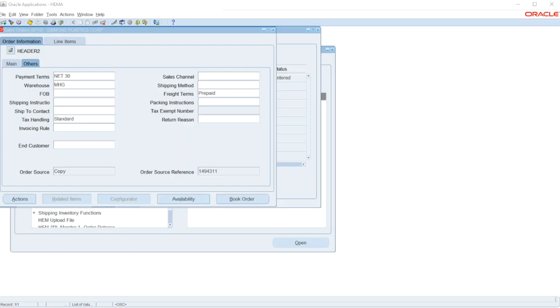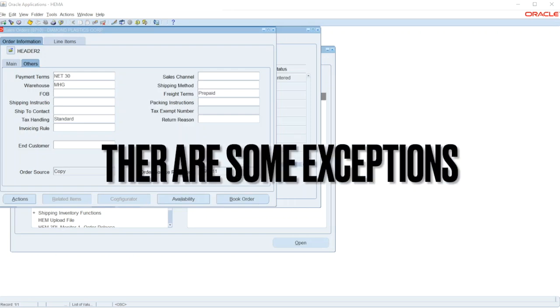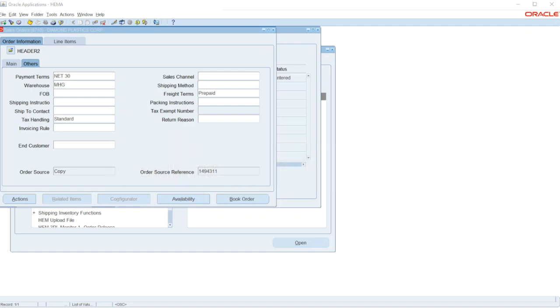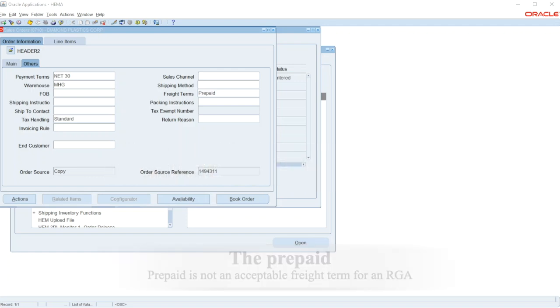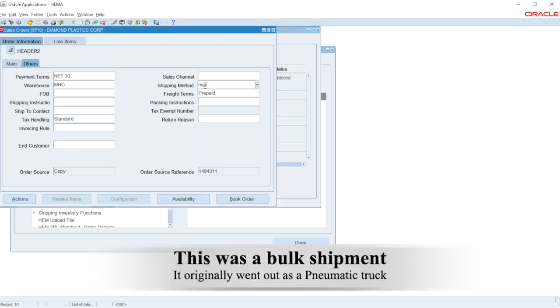For example, prepay and add. Prepay and add is not an acceptable freight term for an RGA. We can discuss that or see additional notes for that. Again, the scope of this is to show you the actual steps needed to complete an RGA in Oracle. This was a bulk shipment. It originally went out as a pneumatic truck. So I will complete this information